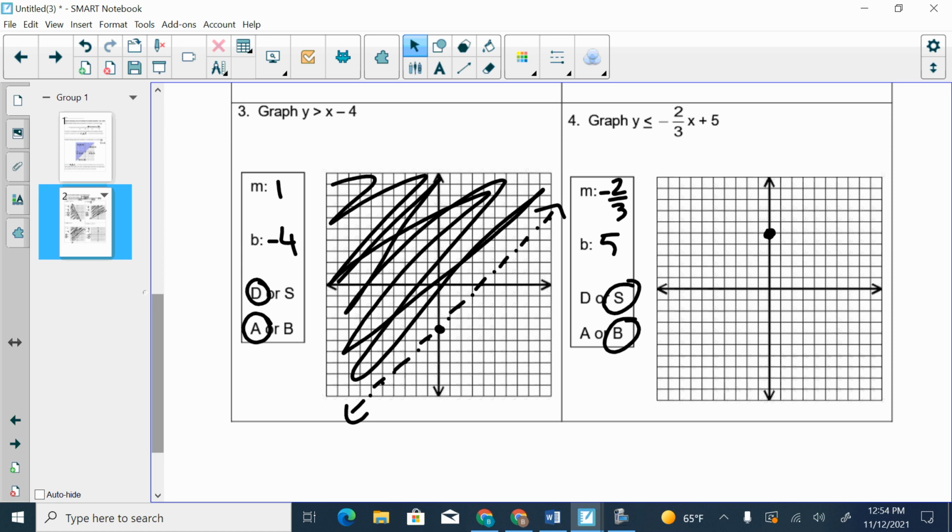And how much up and over or down and over are we going to go? Good. And we are connecting this one with a, right. Below, so we're going to shade everything underneath